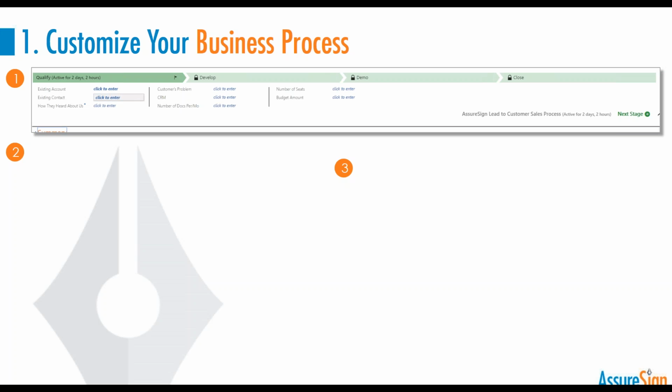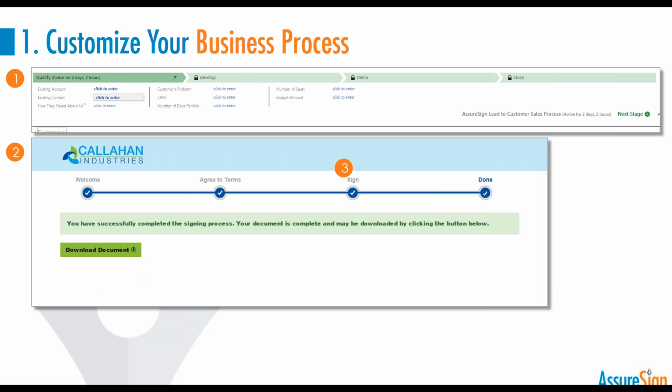Finally, Dynamics also allows you to update your new customized workflow with your business's theme and colors that fit your brand. For example, we could update our stages to reflect our orange and blue company brand colors. Following suit, you can also use AssureSign's email designs and branding standards to match your company when you send documents for signature via Dynamics 365. Just because you're sending documents through AssureSign within Dynamics doesn't mean that they need to look like they come from us or Microsoft. That would be like sending a paper contract or letter with a different company letterhead. These options are all easy to update, all without using any code, and like you can see on the